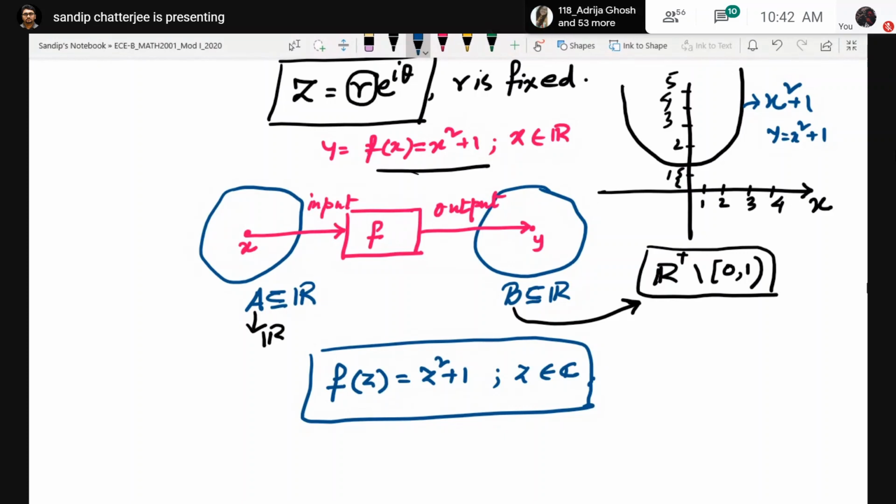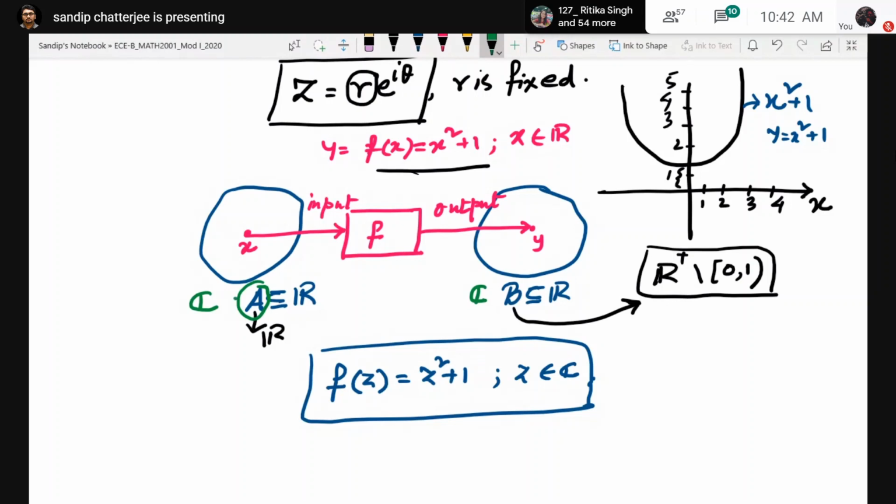What is the difficulty in plotting? Now, if you look at the function carefully, your input variables are z. That means your input variables are complex numbers. That means now your set changes to the set of complex numbers, your domain set. If z is a complex number, z square means z multiplied with itself twice. Now we know we can multiply two complex numbers if you recollect the ordered pair notation. So your product will also be an ordered pair, so your product will also be a complex number. So your output will also be a complex number.